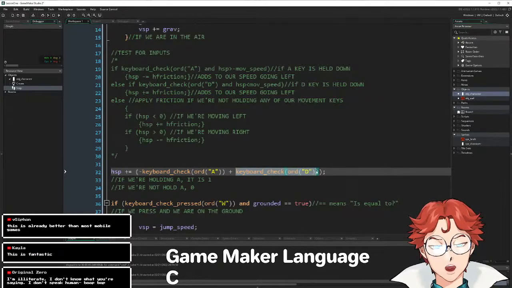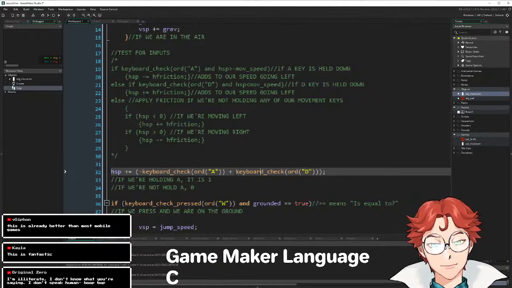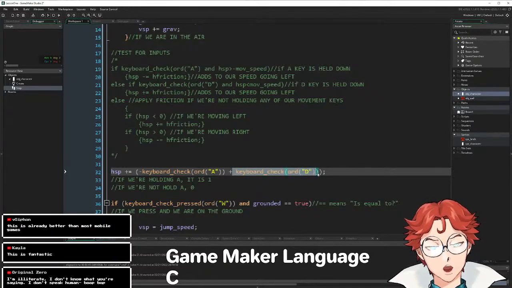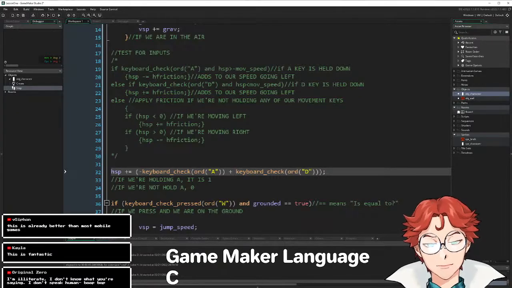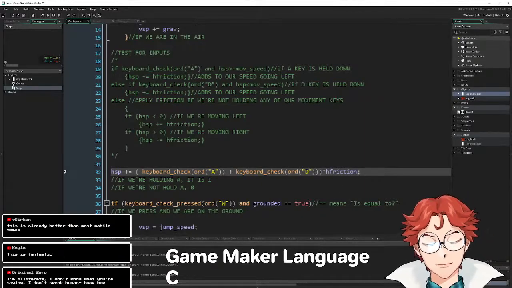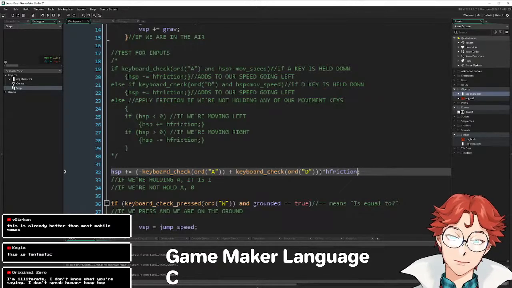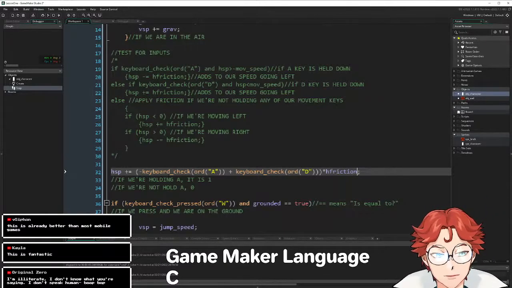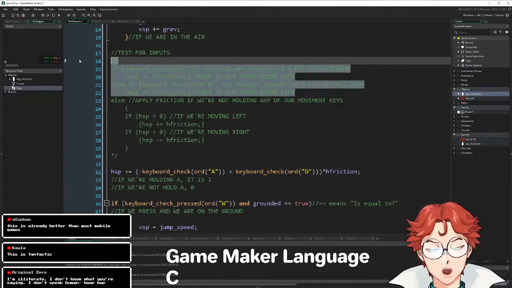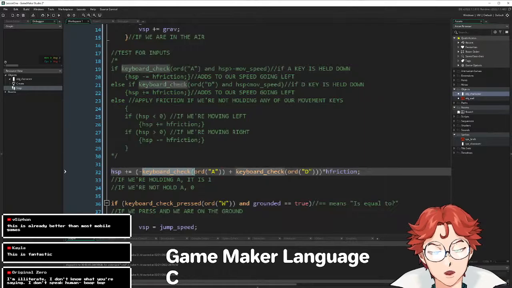Now we add that to the positive version of D, which is the same thing. If we're holding D, this is 1. If we're not holding D, it's 0. We'll take this block and multiply it by H friction. What this is, it's these entire 4 blocks condensed down into 1. With these little functions here,